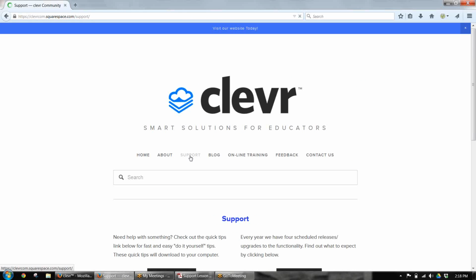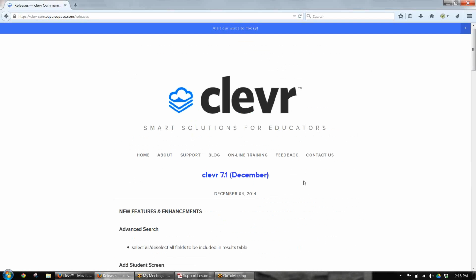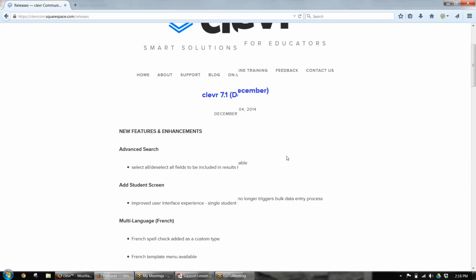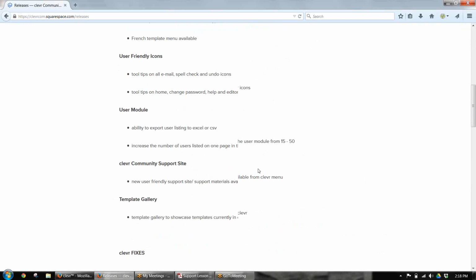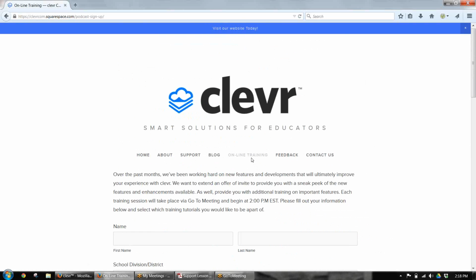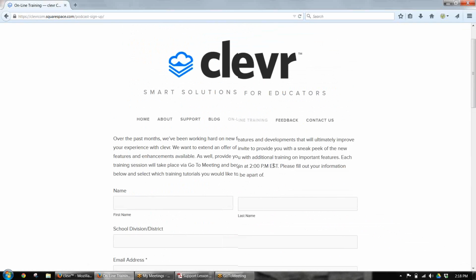The other area under support is our releases. Under this area, it shows you what releases we've released. So we had the 7.1 release in December, and here's just a quick overview of what was in that release. We did have a release webinar, which was on the 8th. We also have another one coming up on the 22nd if you would like to sign up for that,